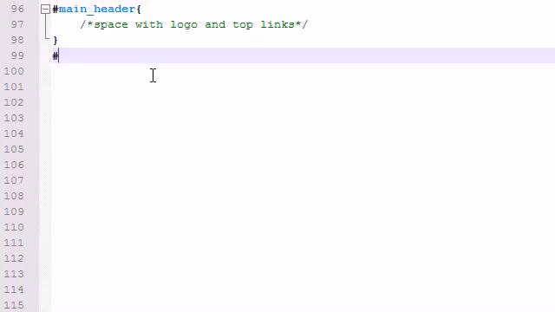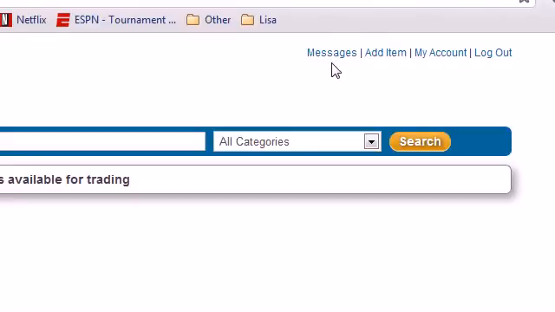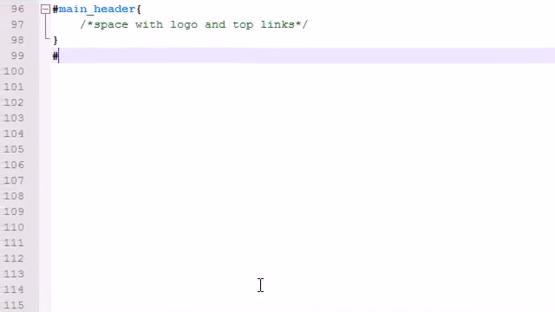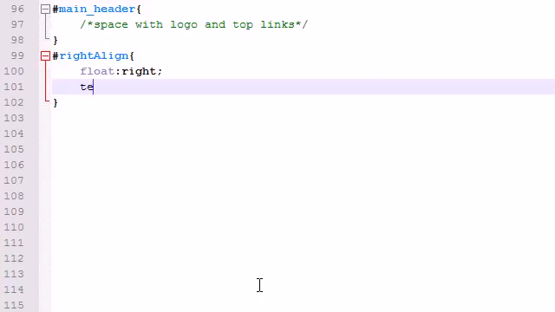Now for those top right hand links, what I want those links to do is I want them to kind of break away from the styling that they inherited. By default, these should be on the left, but I obviously want them to appear on the right hand side away from the logo. So in order to do that, let me just go ahead and make a right align section. And what this is going to be is the first thing I want to do is I want to float this to the right, and I also want to text